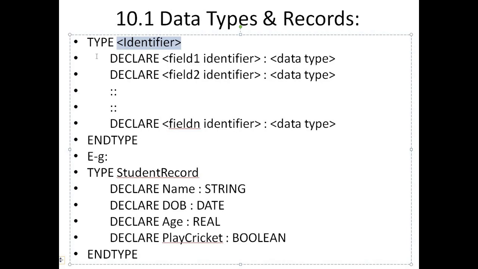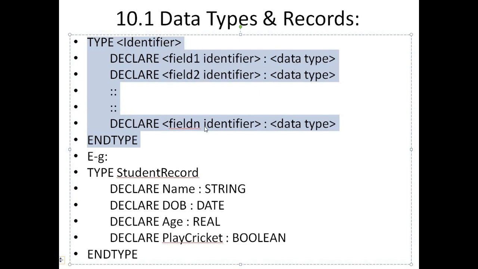Then with a little indentation, you write the DECLARE keyword, and then you write the name of your first field and its data type, then second, then third, and so on, till it's up to you how many different fields you want to include. More than one field inside the record can have the same data type as well, if you're wondering that. After you have declared all of the fields and have mentioned their data type, then you simply write ENDTYPE, and your user defined record or user defined data type has been declared successfully.